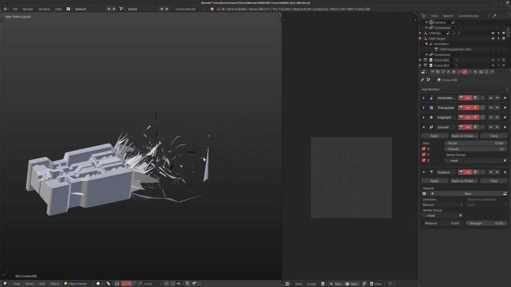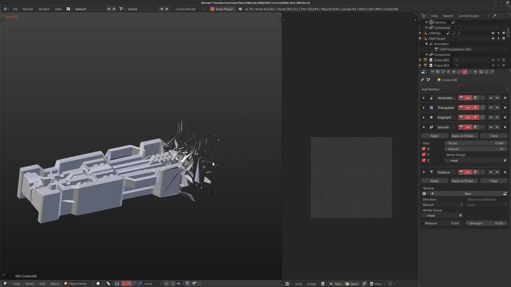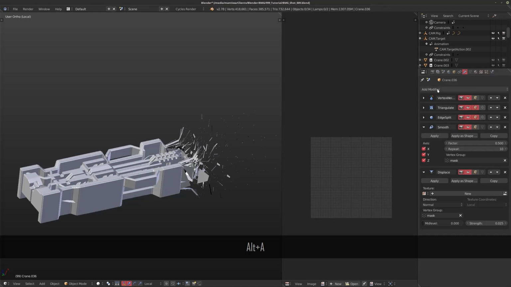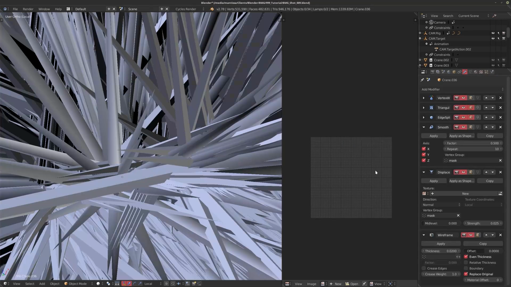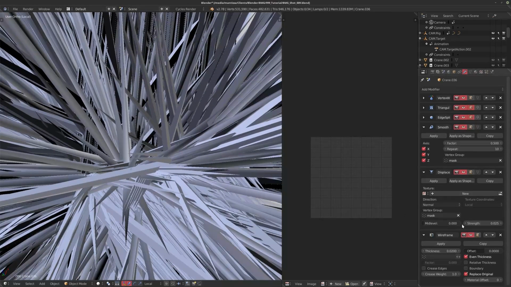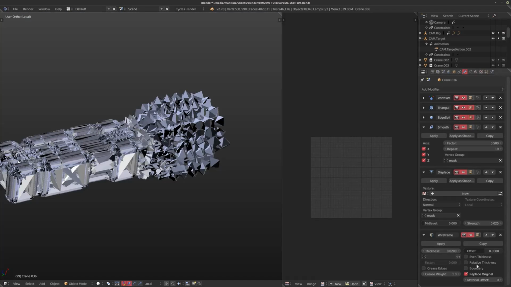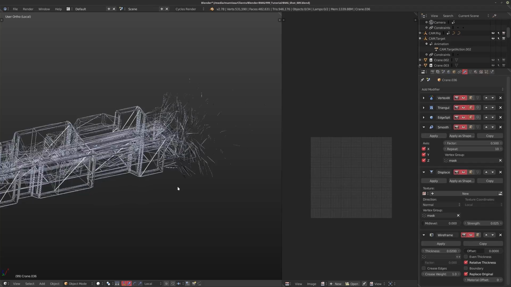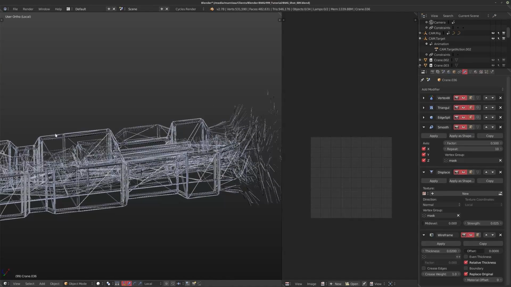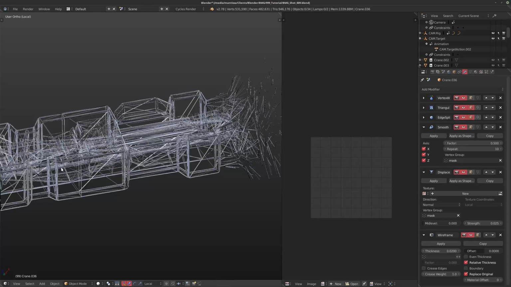So when combining these, you can see it sort of pulls in and forms the object and does some really interesting things. Again, we can add even more stuff onto this, and I know it'll start getting really, really slow when I add this wireframe. I'm going to turn off this even thickness for a second and turn on the relative thickness. So the thickness of the wireframe is actually dependent on the length of the edge that it's meshing.